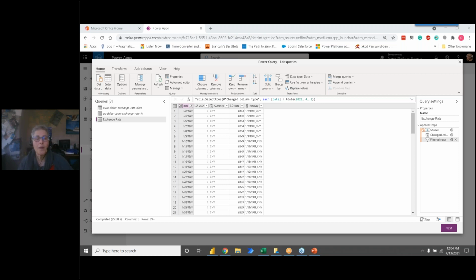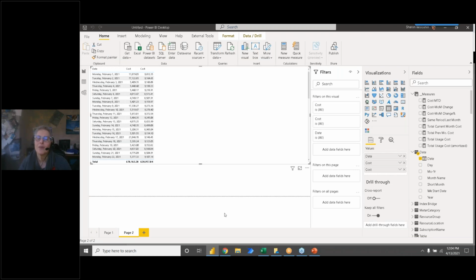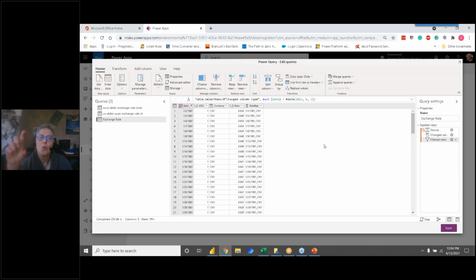But one thing that we really don't consider a best practice, and I don't have a way to show it to you because I don't have a SQL database up, is that when you bring in a SQL query, there's a little box in the Power BI query editor to create the view in there. That's really against best practice. Don't ever do that. It's called a native query, I think. You don't want to do it. It breaks folding.